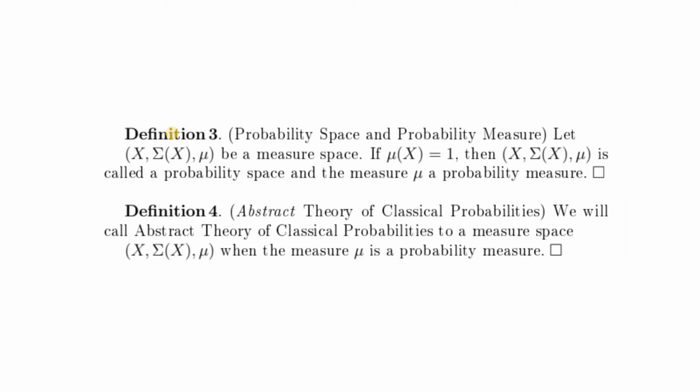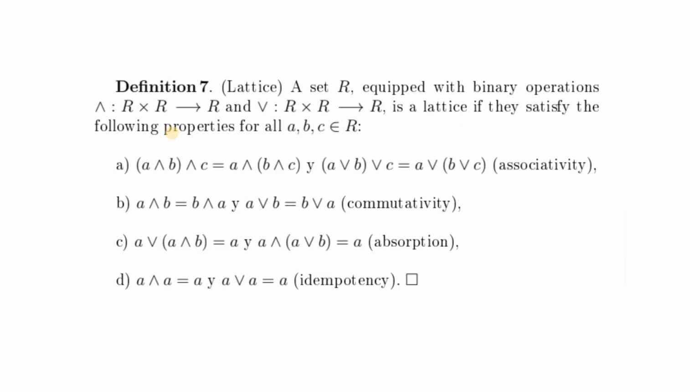Okay, so now we will consider how to go beyond the classical realm, because that's what will take us to quantum physics. So we need the notion of a lattice. A lattice is basically a set with two binary operations, which are usually called the AND operation and the OR operation,